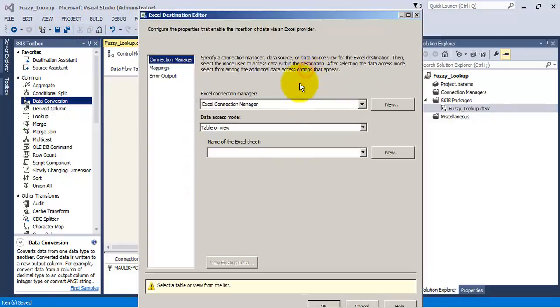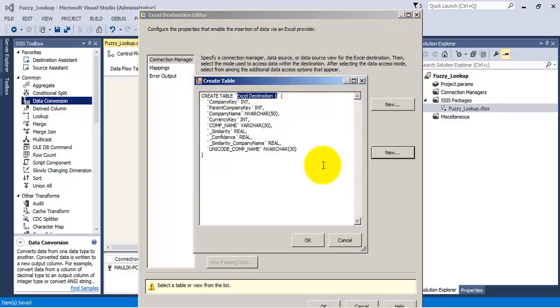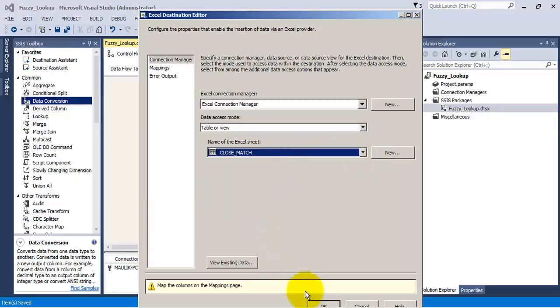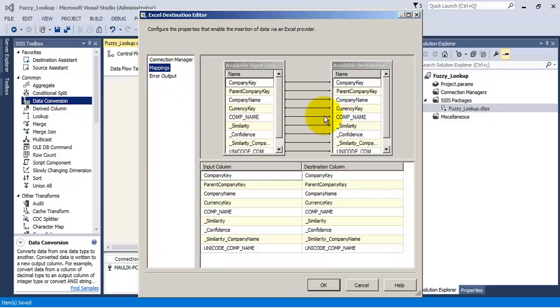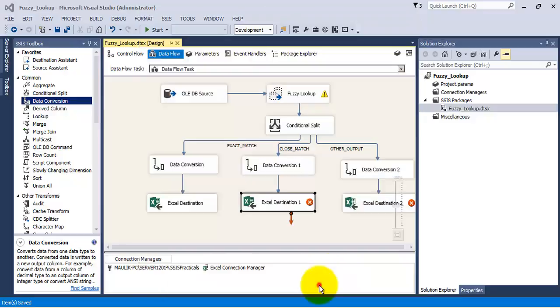Now similarly, let us configure the other two Excel destinations. Let us remove the mapping for the non-Unicode column, and Unicode columns are mapping to each other.